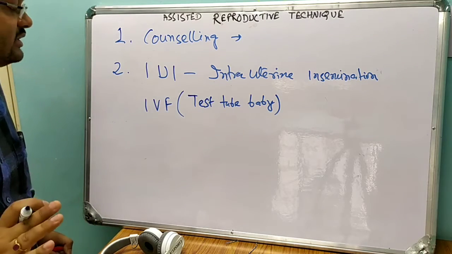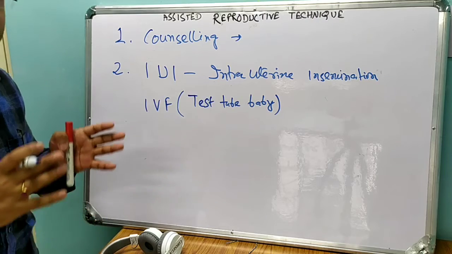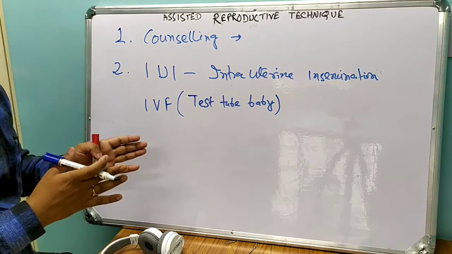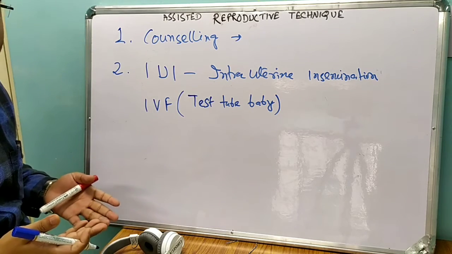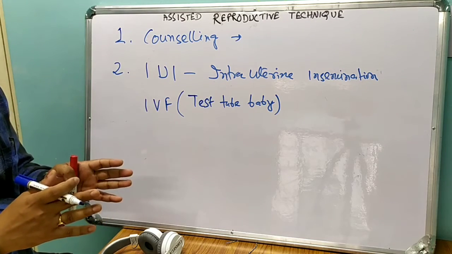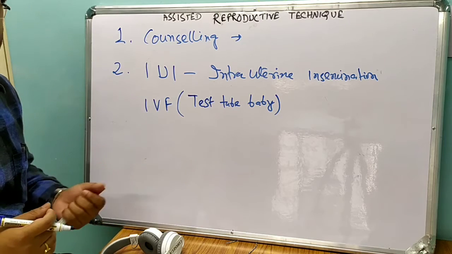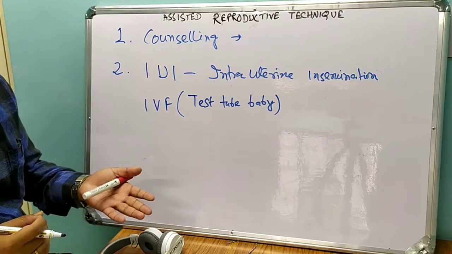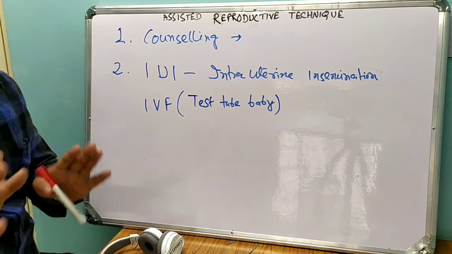We do it in a petri dish. So in the case of IVF, we first collect the semen from the father. If the sperm count is normal, we just wash the semen and cryopreserve it in liquid nitrogen. If the number of sperm is not normal, we usually mix it with some other donor's semen and cryopreserve it. This goes for the male part.